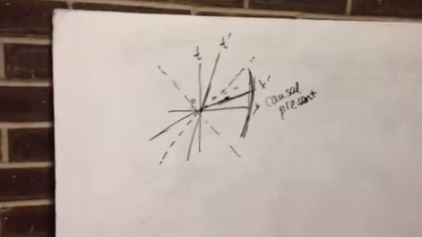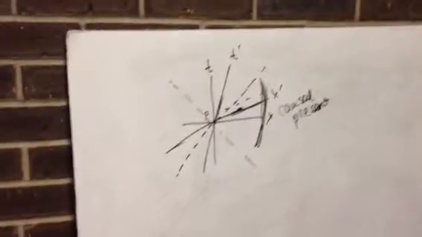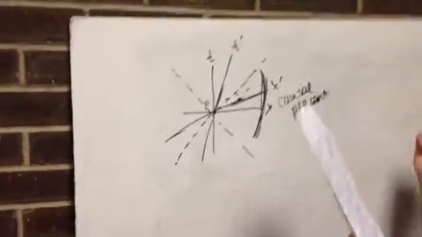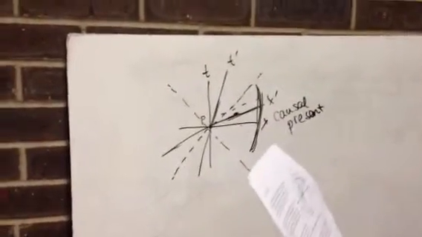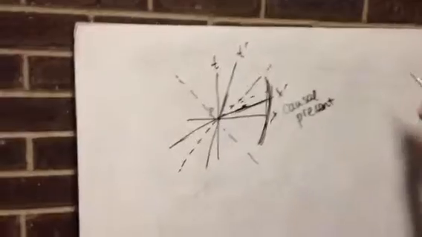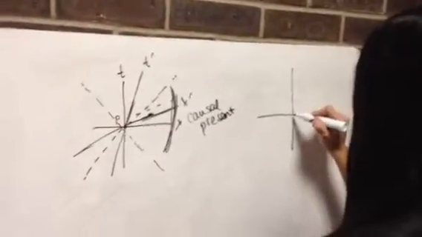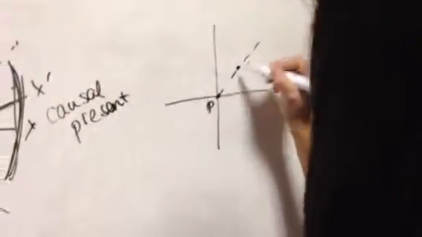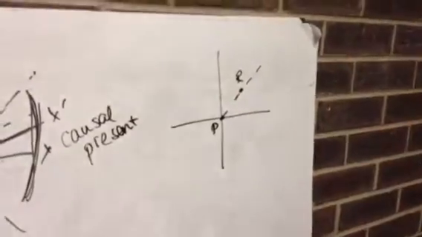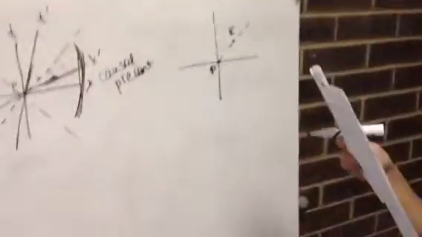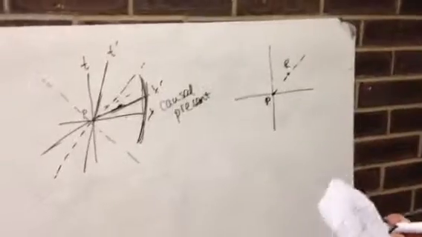Okay. So now we're going to see that if R is on the 45-degree line, this is called a light-like interval. And so if we had, let's draw another thing. Okay, so if we had P here, oh, it's really dark now. Okay, and R here. So if we had P here and R here, then